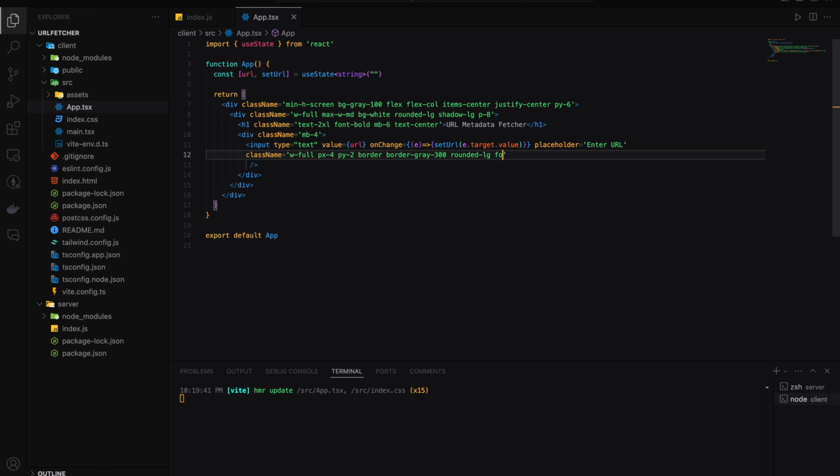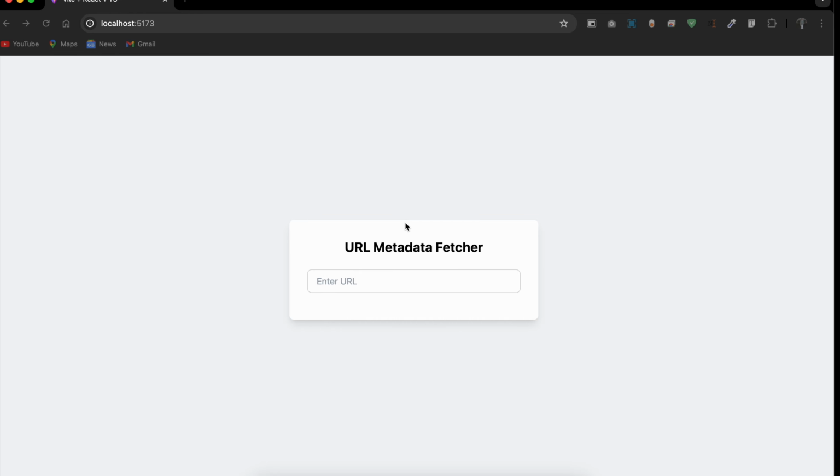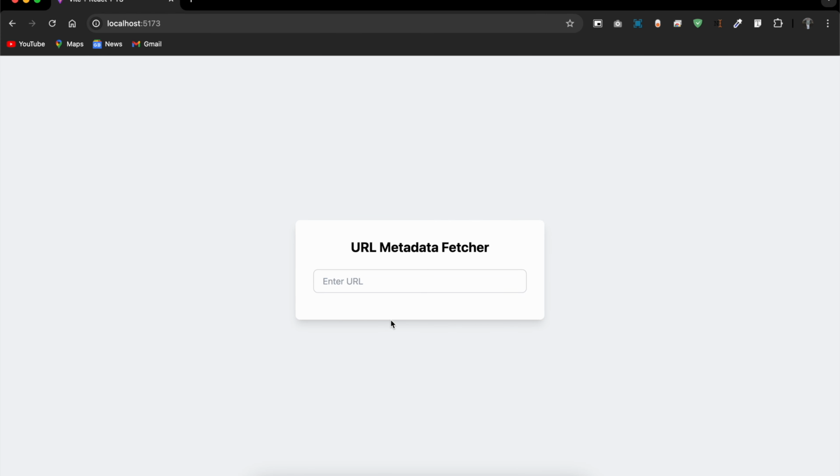Also, I think on the focus, give an outline of none. So outline is going to be none after the focus, and also after the focus, give a ring, indigo, okay, indigo, and it's going to be 500, and I think it's great. Let's check it out. Yeah,